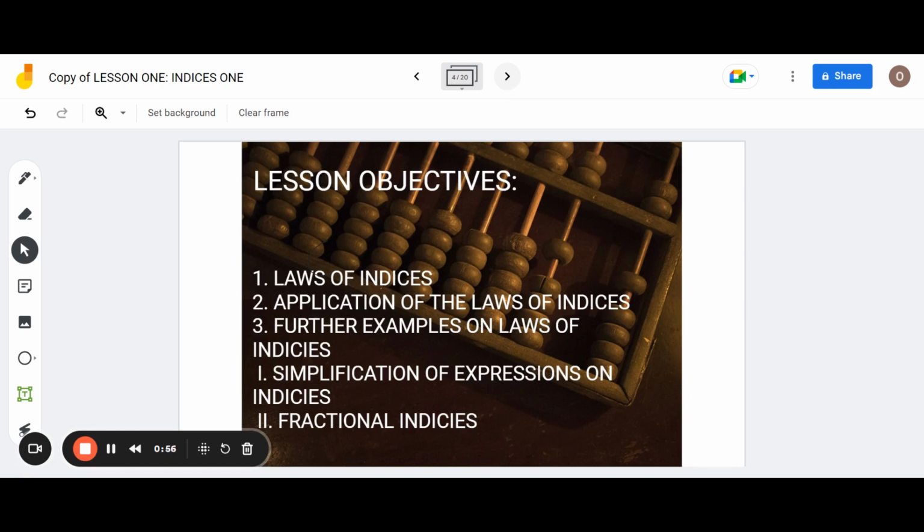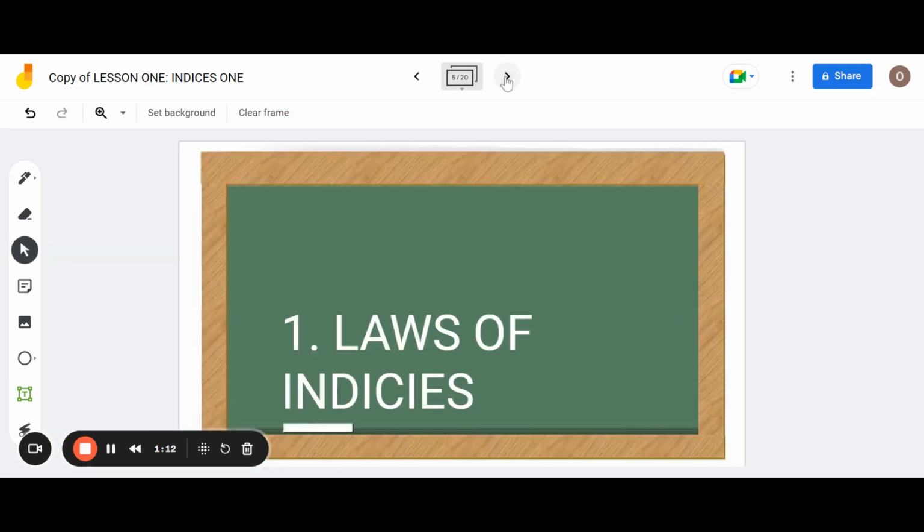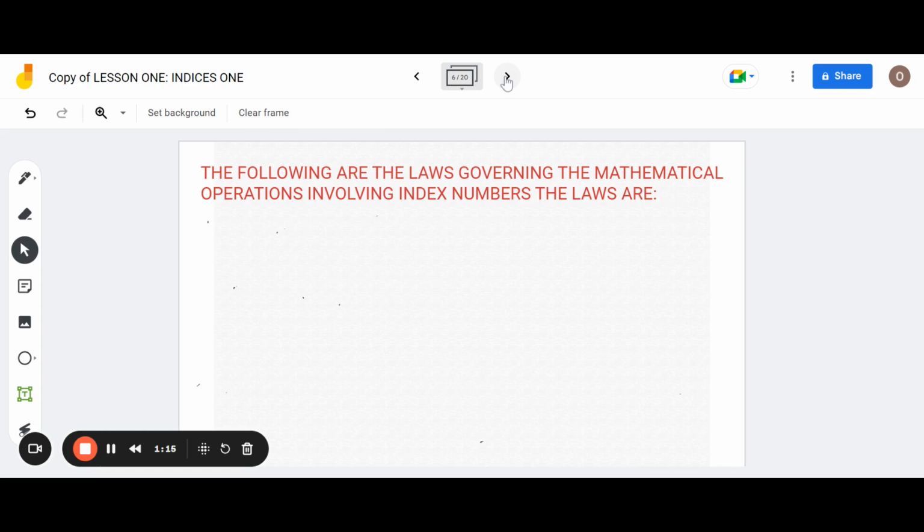Lesson objectives: 1. Laws of indices. 2. Applications of the laws of indices. 3. Further examples on laws of indices. Under this, we have simplification of expressions on indices, rational indices. Laws of indices. The following are the laws governing the mathematical operations involving index numbers. The laws are: